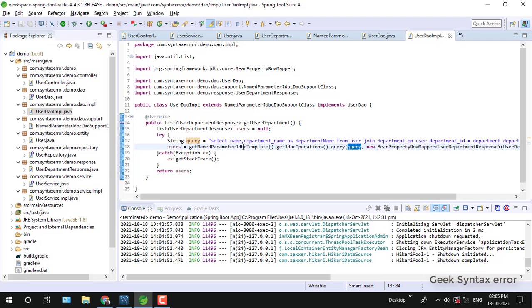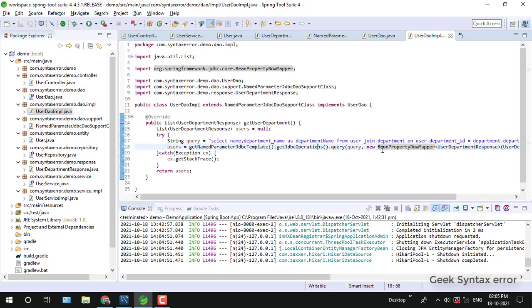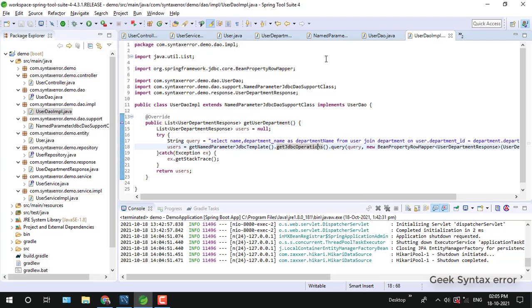After that, we can make use of the query method. It will accept two parameters. One is the query, meaning our native query, our complex joins query. Another one is a mapper, the result set extractor method. Right now we are using a BeanPropertyRowMapper, so it will automatically map our result set into our response POJO. For the traditional way of mapping, we have a separate video. Please do check our YouTube channel.